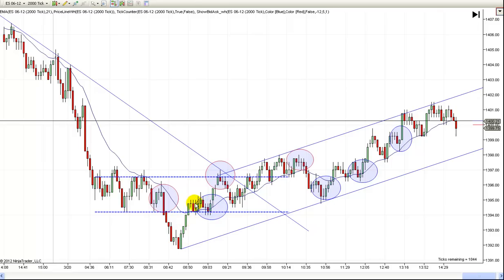We had one leg up, and generally with a leg that bullish, especially when the trend line's way up here, you're probably going to get a pullback and then another leg up back to the trend line. So that's what I was looking to happen. And so when we got this double bottom at the low of this previous trading range, and it's